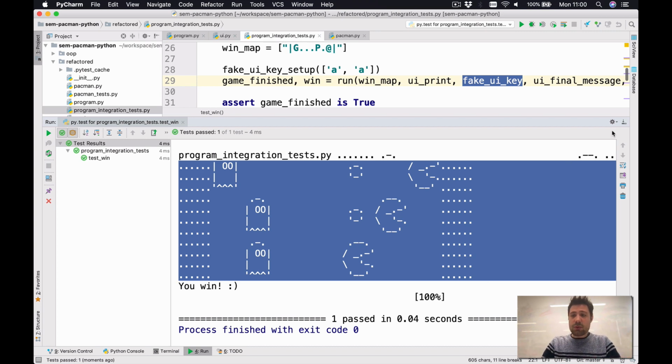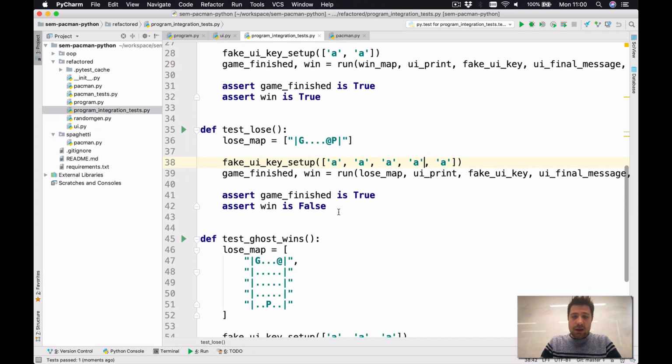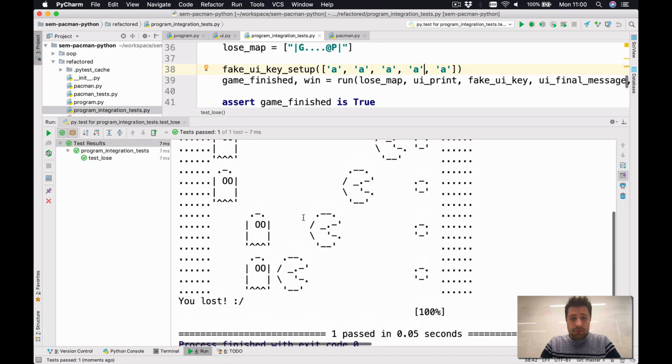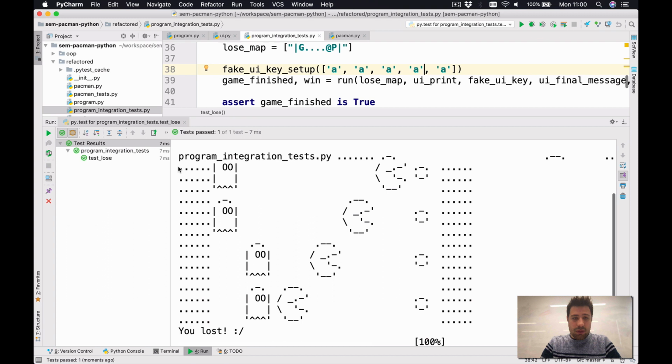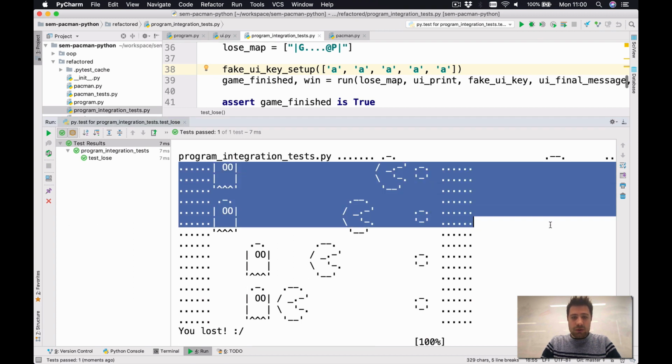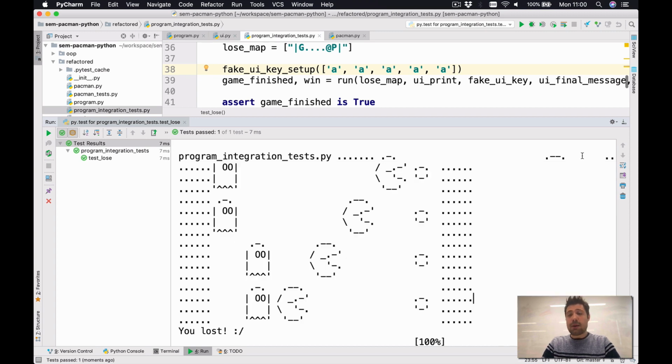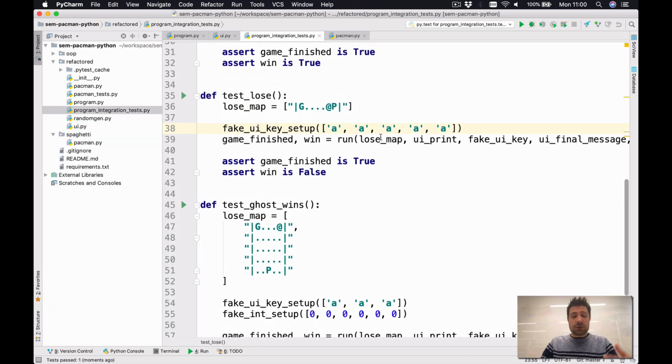And for some reason I have to win in this test case. The same for the lose. So if I run, in this one I guess I'm going towards the ghost. So I go closer to the ghost, closer, closer, closer, and then I die. Yeah. So because my source code is better structured now, I can easily control things,